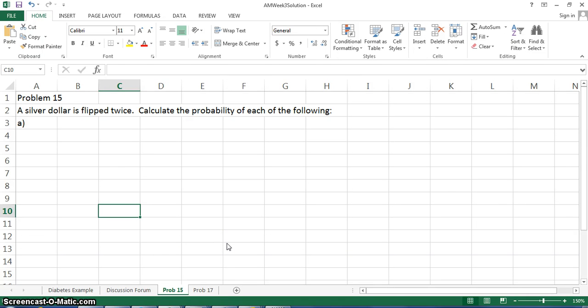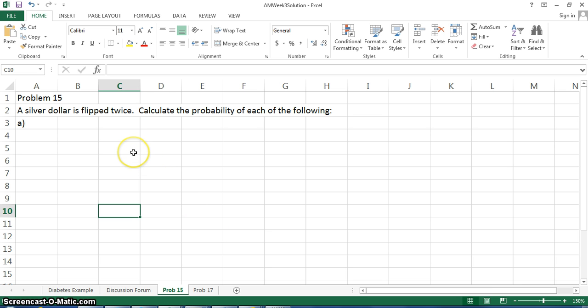This video will review the solutions to problems 15 and 17 from Chapter 2. The subject of these problems is probability. Problem 15 states that a silver dollar is flipped twice, and we need to calculate several probabilities that could occur